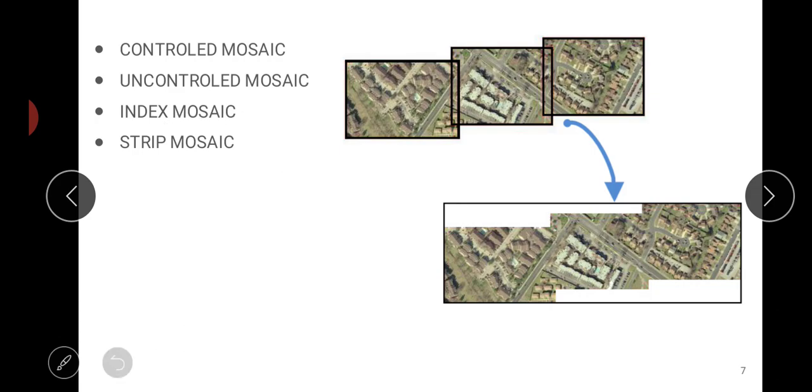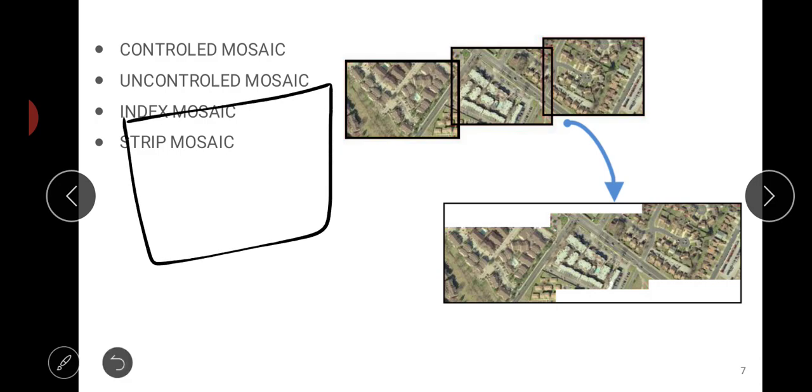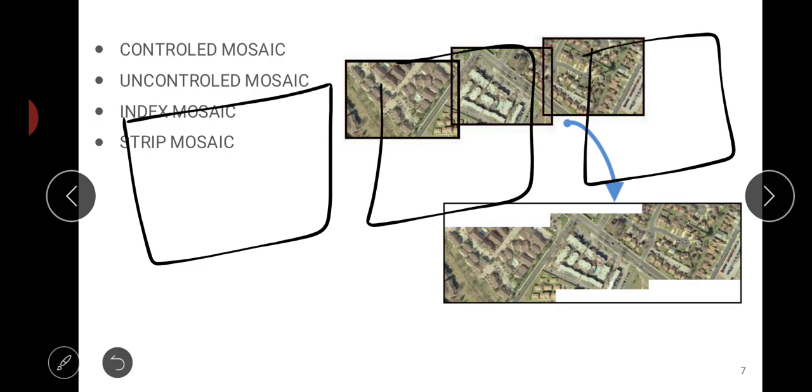Then index mosaicing. Here a sequence of photos is arranged such that the photo number and the flight number of each photo are visible on the assembly. Every aerial photograph that we take will have a photo number, say 1, and whenever the flight is flying, that will also have a flight number.